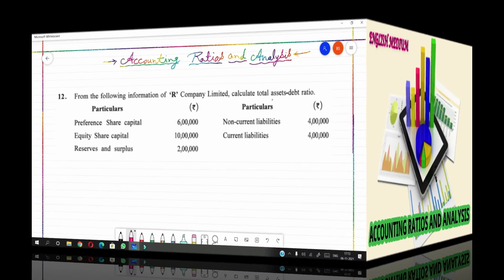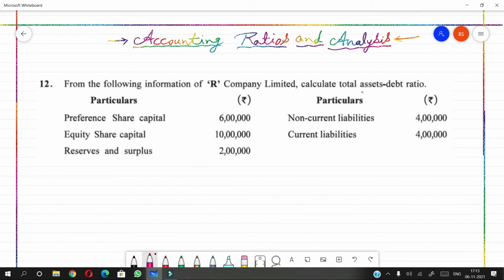Good morning students. Today we are going to understand next two sums from accounting ratios and analysis. Sum number 12. From the following information of R Company Limited, calculate total assets debt ratio. The formula for total assets